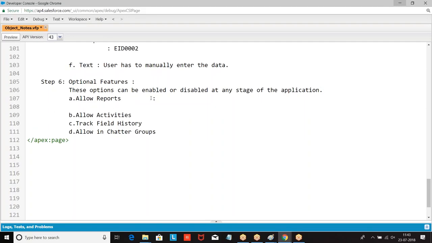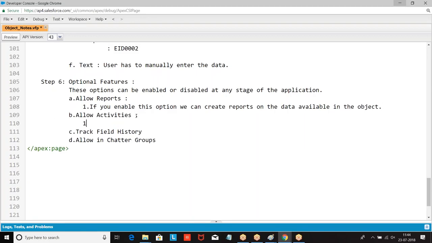Allow reports. If you enable this option, we can create reports on the data available in the object.